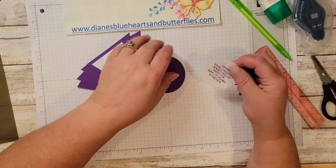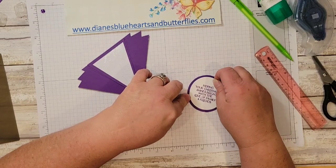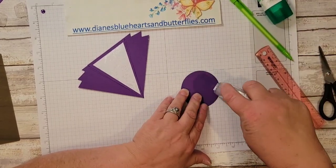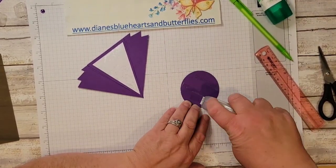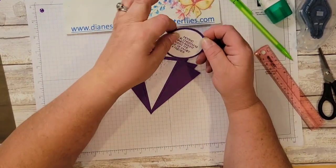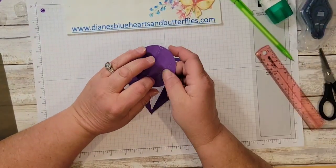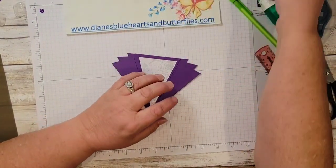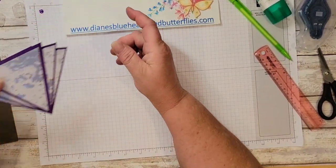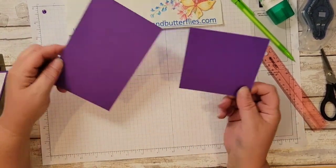I'm just gonna glue this onto this circle, and then I'll glue that circle onto the back. Oh, I'm going to set that aside because I just remembered. Before I stick that down, I want to make sure that I'm not putting it too low, because we have to put this inside the base. So let's bring back in those base pieces, which is a